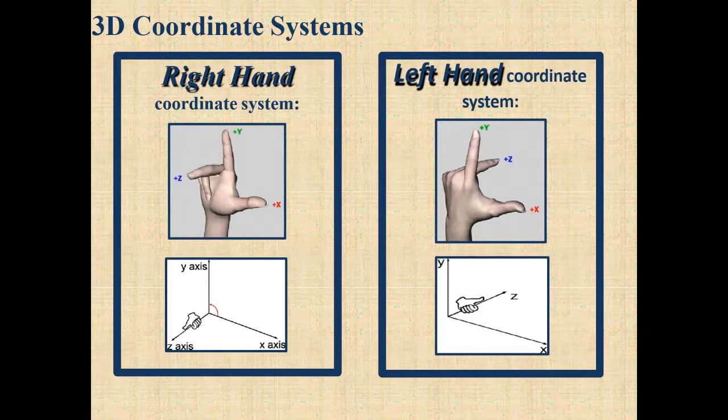This is how the 3D coordinate system is going to work. You can think of it like your right hand or left hand. For the right hand, let's say this is the x-axis, this is the y-axis, and this is the z-axis. Also for the left hand, you can say that this is the x-axis, this is the y-axis, and this is the z-axis. This is one plane, and this is another plane, and this is another plane. So this is the xz plane, this is the yz plane, and this one is the xy plane.